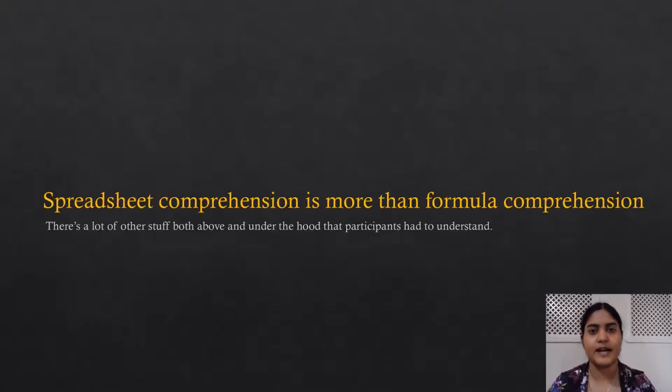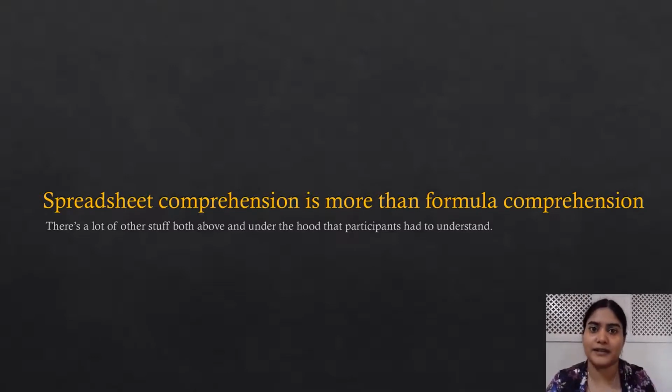Coming to results, here are the top few things that we want you to take away from this talk. The first thing is that spreadsheet comprehension is a lot more than just formula comprehension. Now, prior work has taken the view that spreadsheets are code, and so when it comes to spreadsheet comprehension, they've mostly looked at difficulties around understanding formulas. In our study also, participants had to understand formulas and face difficulties doing so. But we also saw spreadsheets where there were no formulas at all, and even then participants had a hard time understanding those spreadsheets. So they had difficulty understanding the data, they had difficulties understanding and interpreting and comparing charts.